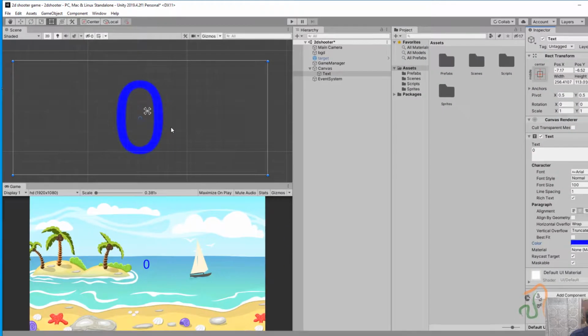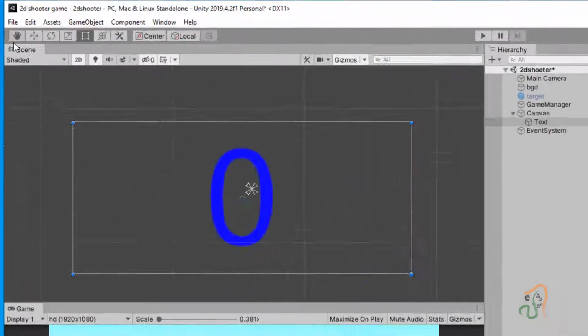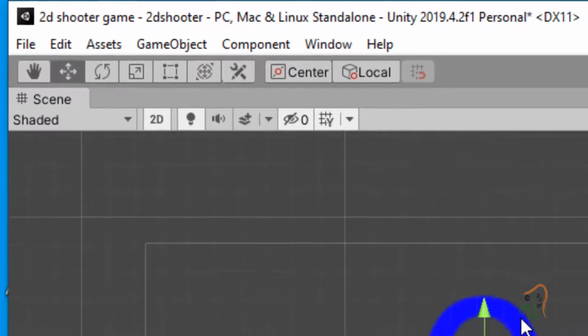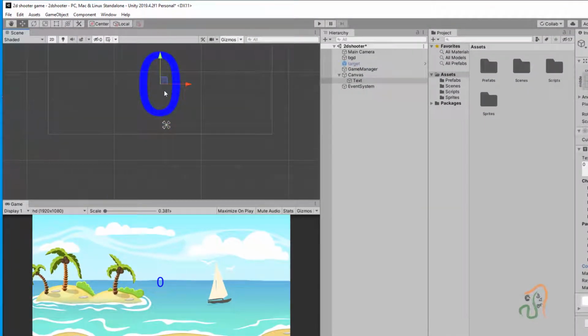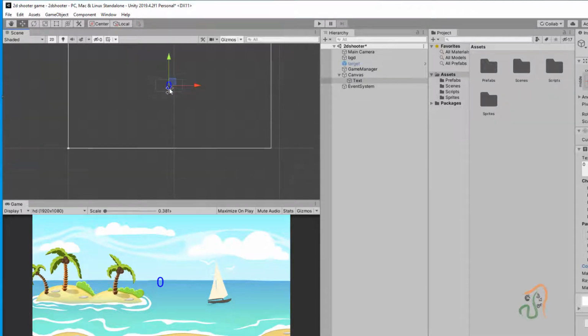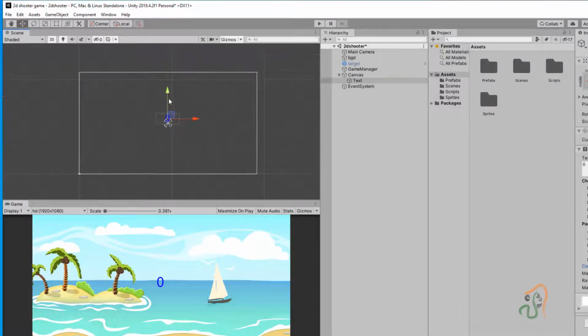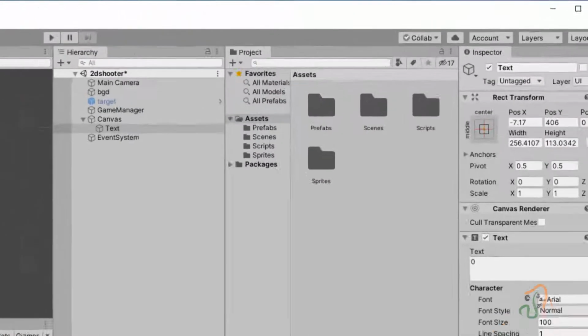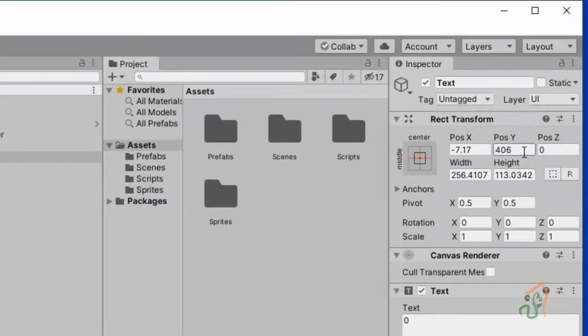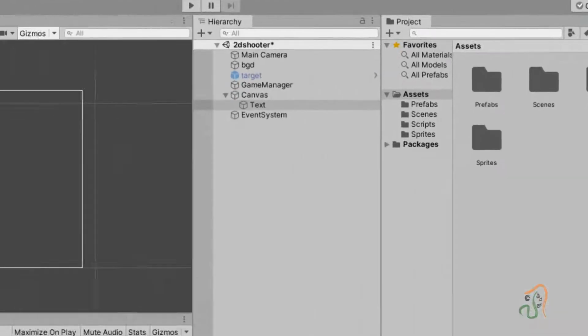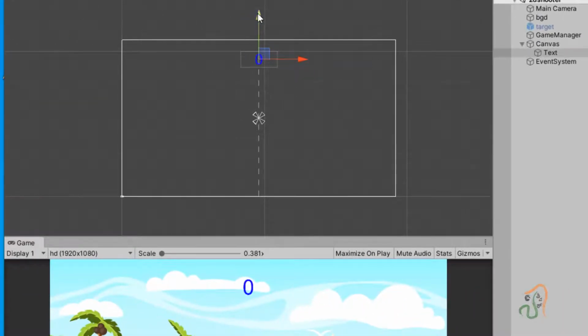After adding it, select the move tool here, and using the move tool, move it to the top. Roll the mouse down to zoom out here, and in the game area, let us move this to the top so that Z is 0, and let us keep X also 0. X and Z are 0, so that it is exactly at the center, and only along the Y we have moved it.